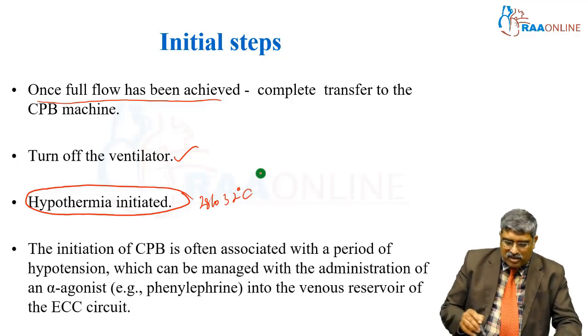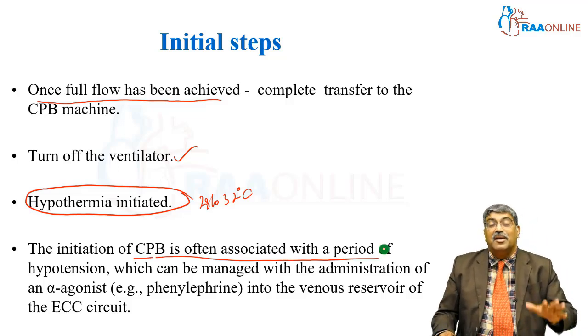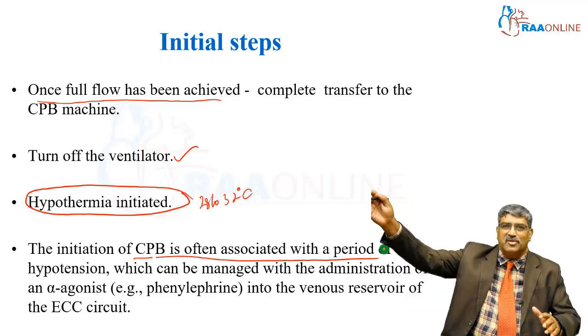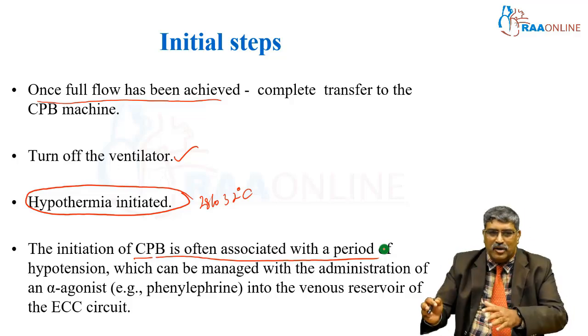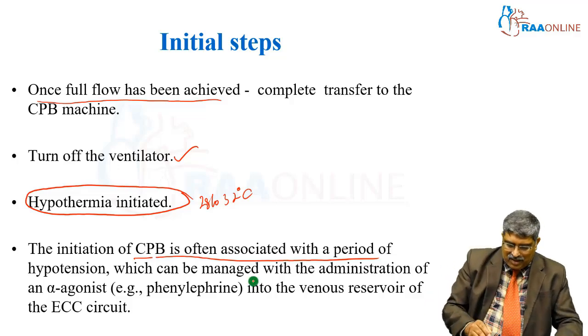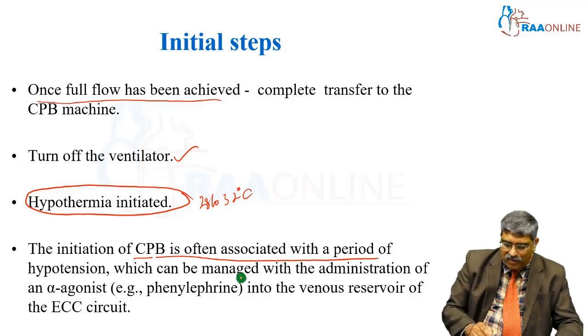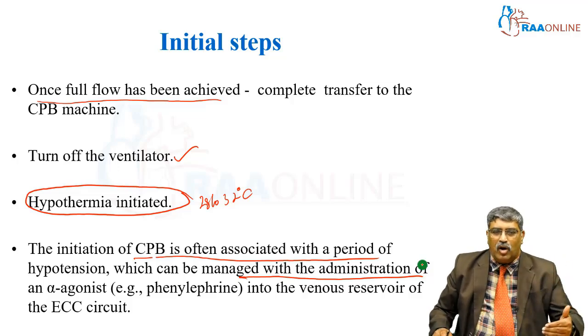The initiation of cardiopulmonary bypass is often associated with a period of hypotension. Once you go on bypass, suddenly the blood pressure which was 120 drops to 20 to 30 for a few seconds, then it goes up. If the hypotension is prolonged, you give an alpha agonist, phenylephrine, or some amount of volume to